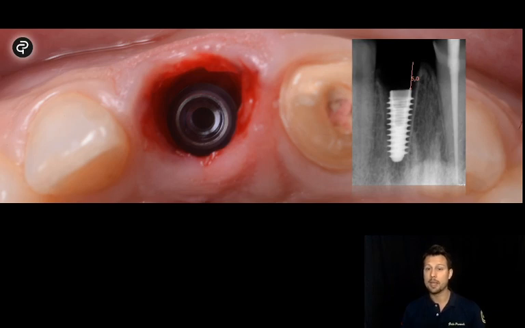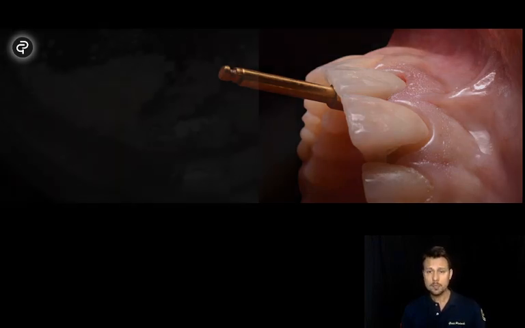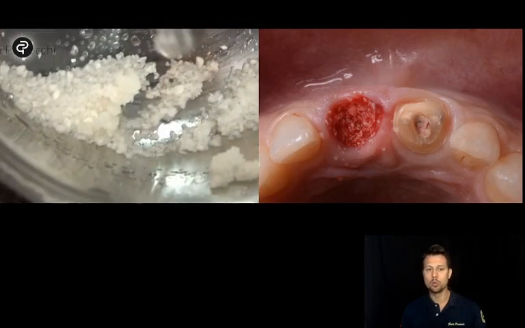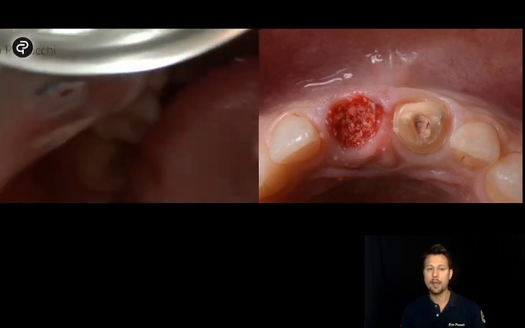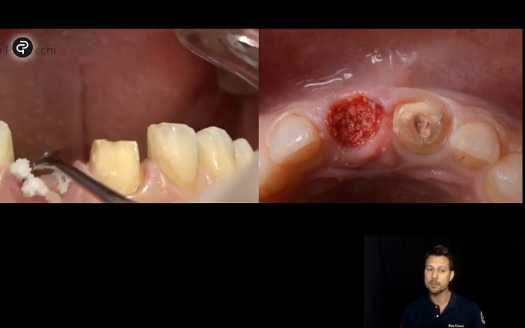taking into consideration also the CEJ position of the natural tooth for papilla maintenance. I used the temporary he came with because it was an emergency. He was sent to my clinic by another doctor for a prosthetic guide, because we could not do a guided surgery. And I decided not to load, but just to pack with some bone grafting and no connective tissue grafting